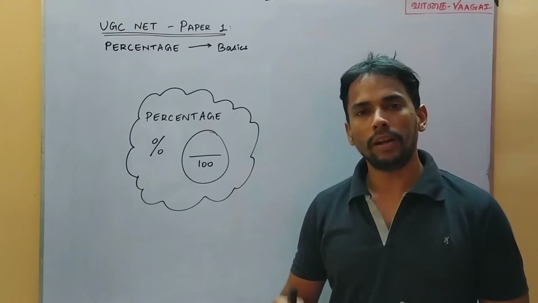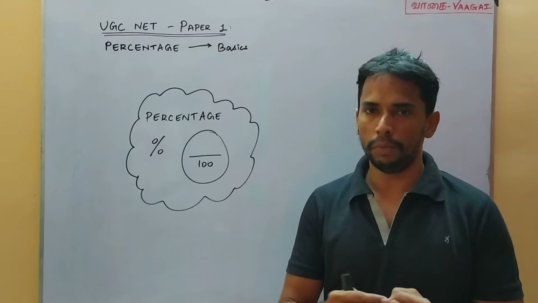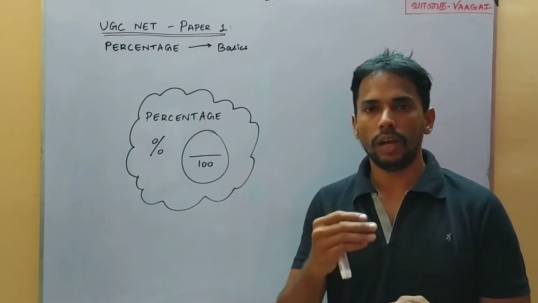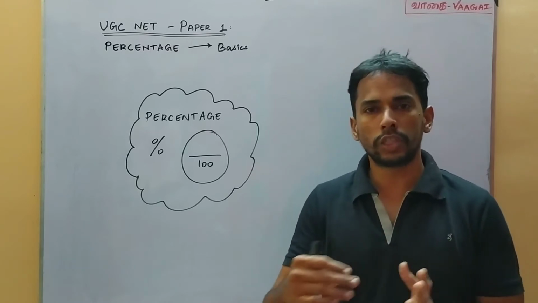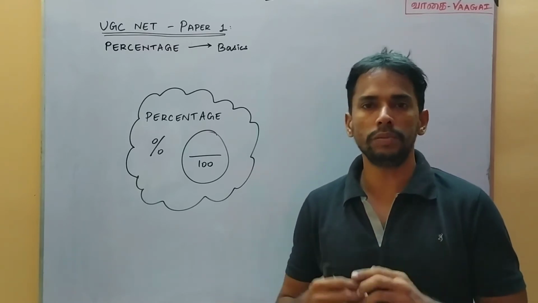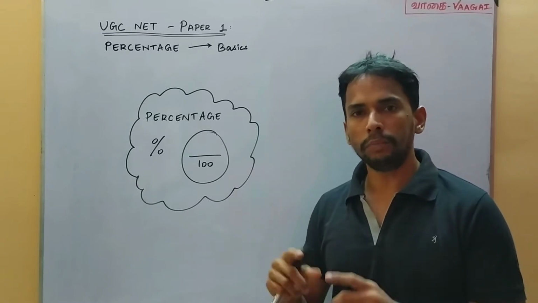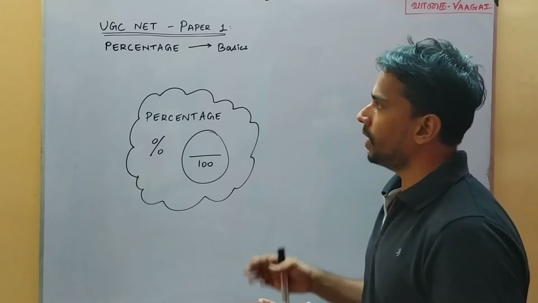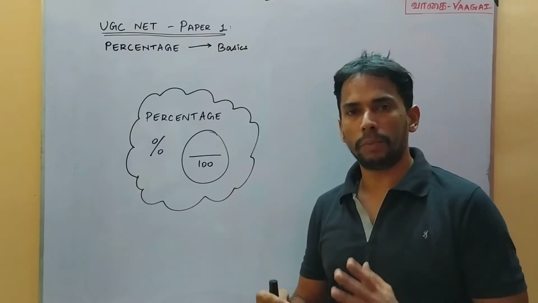We have already completed around 30 sessions from UGC NET Paper 1. We saw the topics number series, alphanumeric series and coding and decoding. We saw basics and also solved around previous 10 years' question papers problems from those topics. And now we are going to enter arithmetic topics, under which the very important topic is going to be percentage. So we will start with percentage.